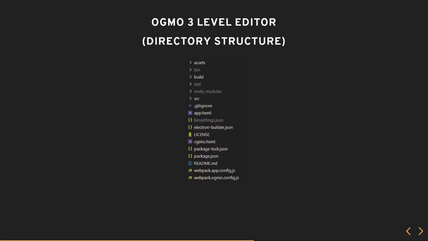So you have some familiar folders like Node modules. You're gonna have your package.json, stuff like that. So your source code, in this case, the source code is all in the source folder. It's all in Haxe. And so the Haxe stuff gets converted to JavaScript, and that's going to be in your bin, build, and dist folders.